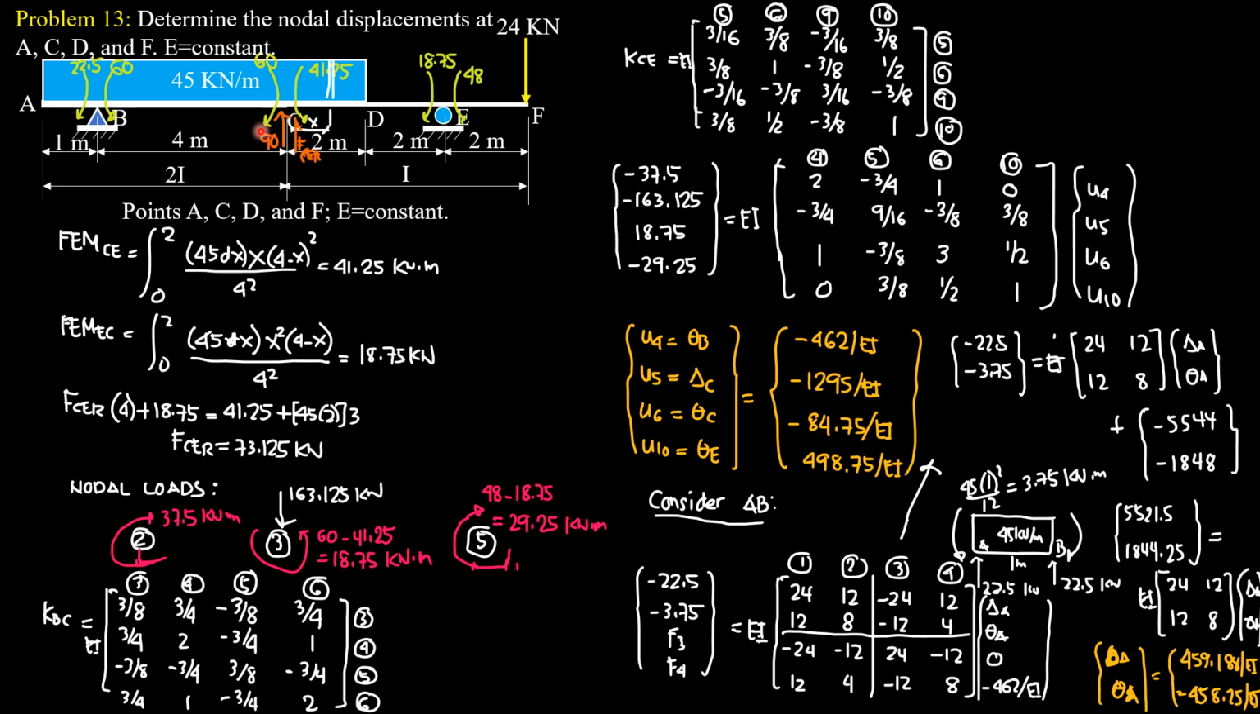This problem is designed and uploaded in my YouTube channel because the allowed calculator can handle 4 simultaneous equations, so therefore 4 unknowns in the analysis. So determine the nodal displacements at A, C, D, and F. E is constant, so we cannot determine this